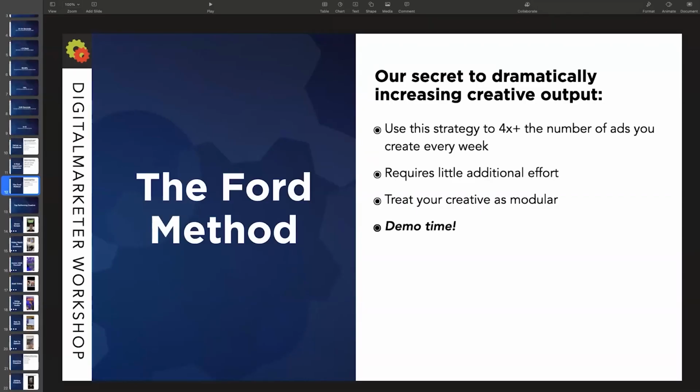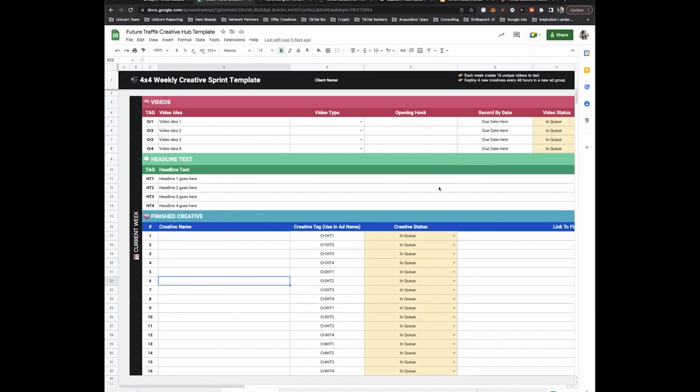So let's dive in and look at the actual template that we use in the framework, in the creative hub that we shared last week. Let's share this over here. Okay. So basically what we do